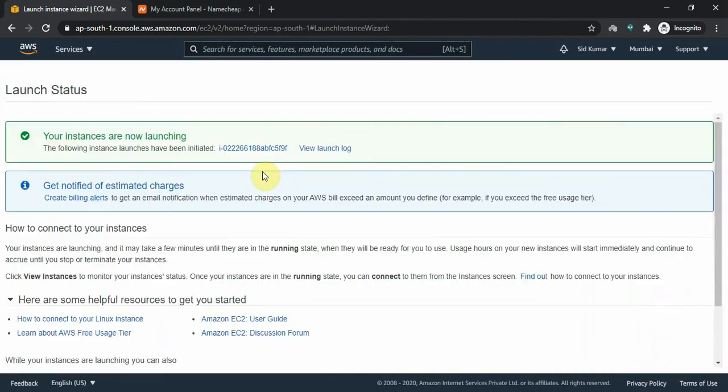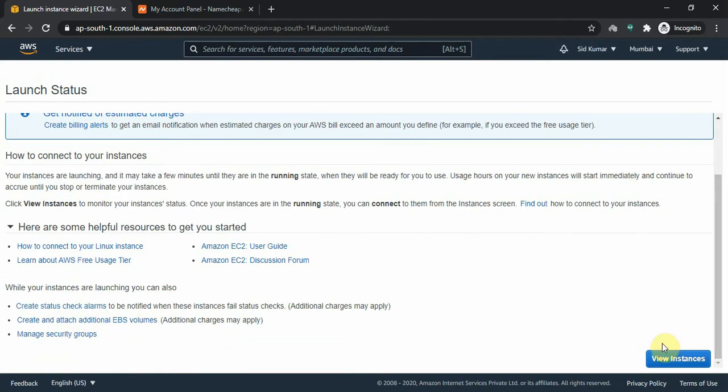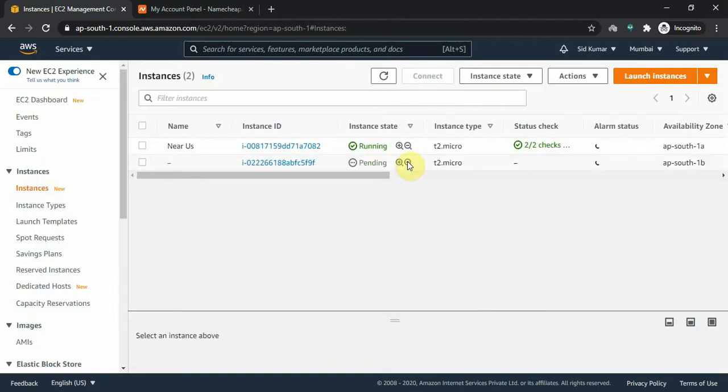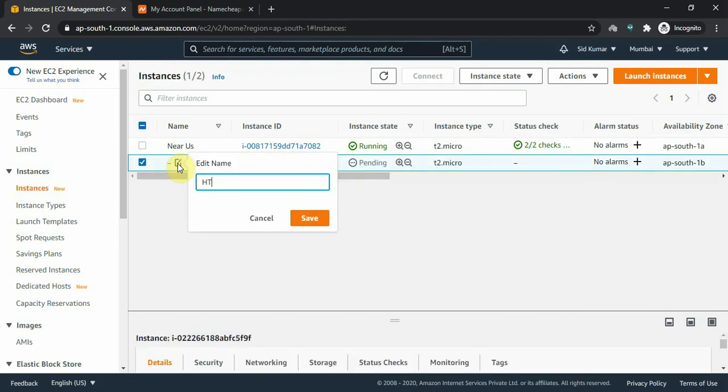Yeah, our instance is launching and it has been launched. Let's view the instance. Yeah, this is our instance. Let's write here HTML.